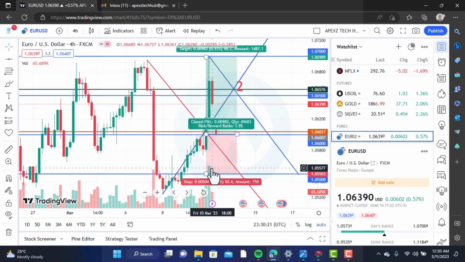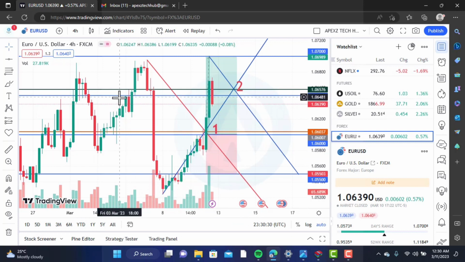You have to support your FA with your TA. That is what Forex is all about. The success you have in Forex is not just for you to know price action like me, candlestick patterns. You have to know fundamentals also. It aids your analysis. But before then, I'll show you brief tools